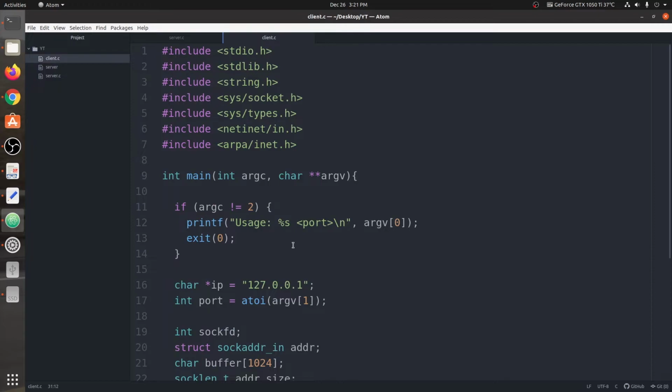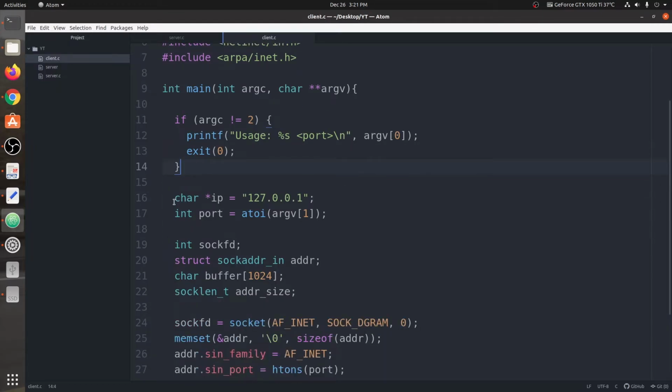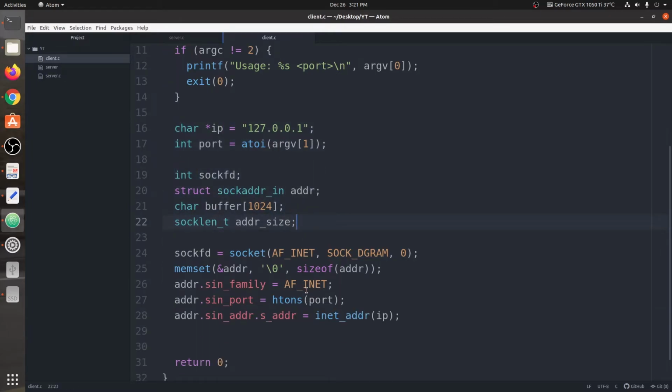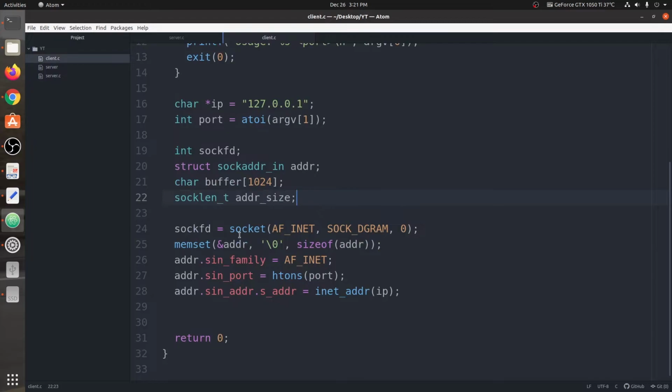Then from line number 11 till 15 we have this check which returns if the person who's running the program does not provide any port number. Then we again have the same variables, the IP and the port number. Then we have some variables, some addresses, addr. Then we have socklen_t addr_size. Then again we define a socket. Then we have a socket descriptor. This time we are working with the client, so this is a client socket. Then again we specify the variables inside this addr structure.